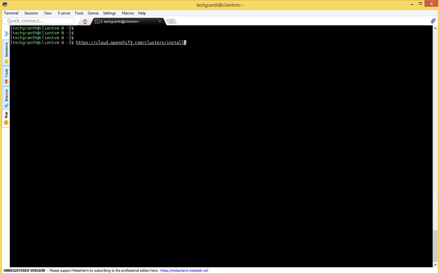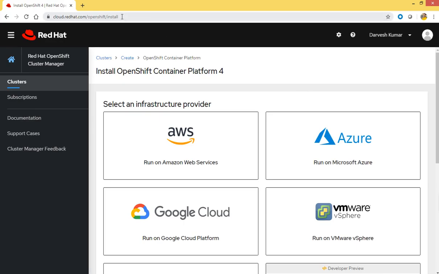So now we will open this URL in the browser, where we will get the prompt for installing OpenShift. So I have opened that URL, right here, cloud.redhat.com OpenShift install. Here we need to log in because we need to have a Red Hat subscription or developer account to access the OpenShift page, right?